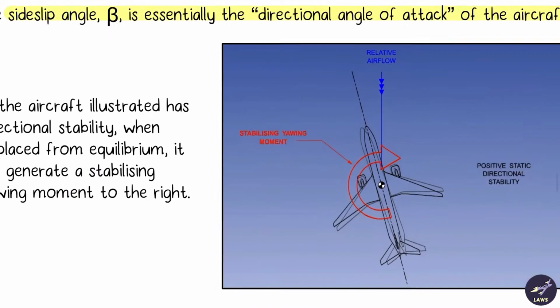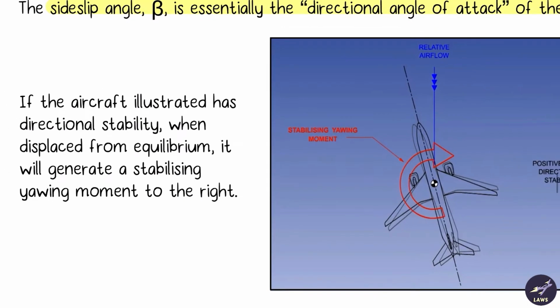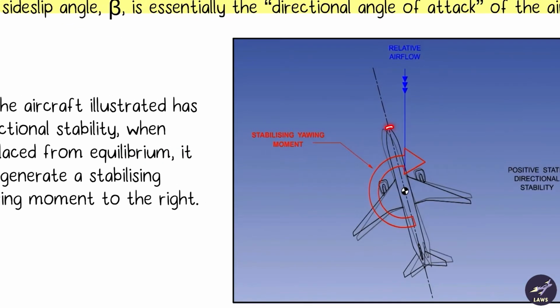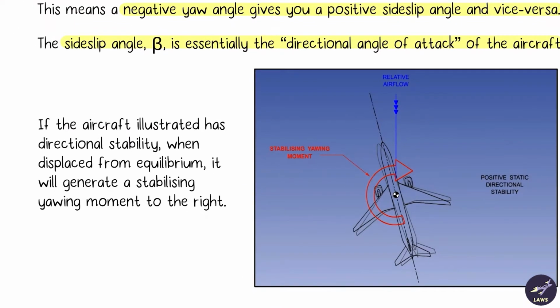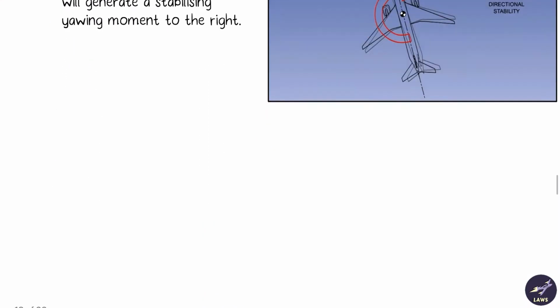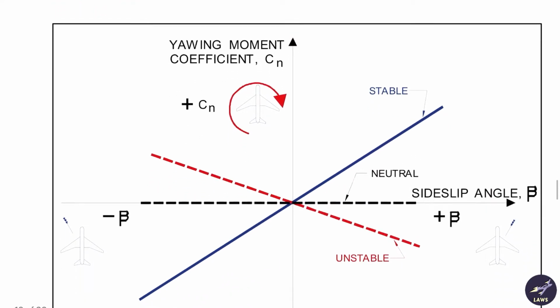In this case, as you can see, the aircraft's nose has yawed to the left, so we have to bring the nose back to center into equilibrium. It needs a positive yawing moment for this, because we are going towards the right. This stabilizing yawing moment will neutralize the destabilizing effect that we earlier had. We'll go into a bit more detail.